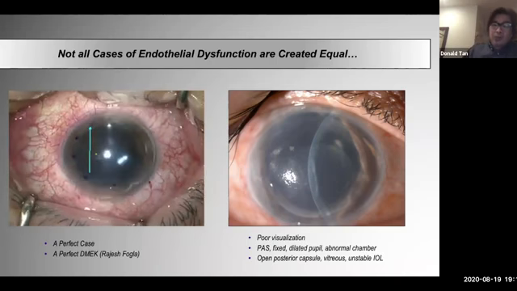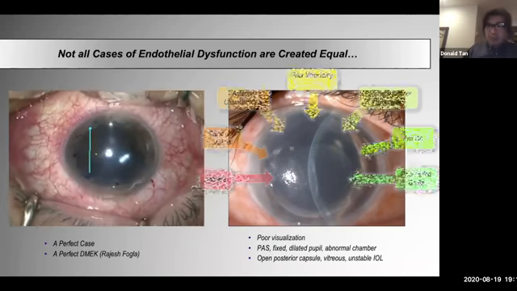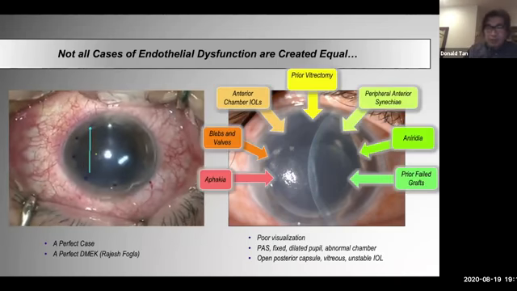And when you're first starting off on DMEK, these are the sort of relative contraindications which suggest that one should not try and do DMEK in these cases unless you're very skilled. So aphakia, if you have blebs or valves, ACIOLs, obviously, prior vitrectomy, peripheral anterior synechia, aniridia, and previous failed grafts. These are all major challenges.